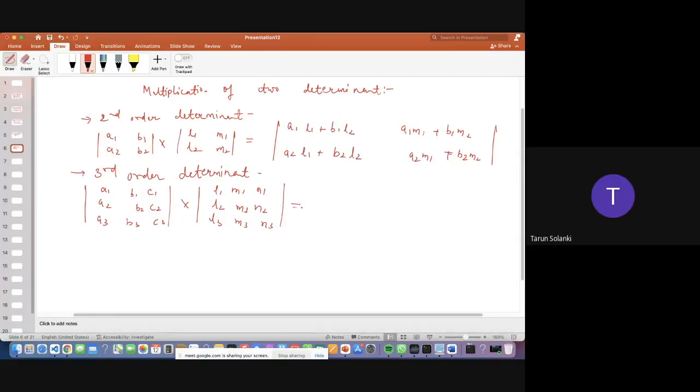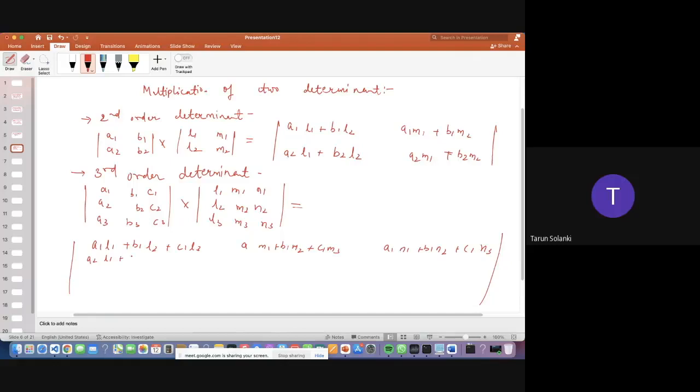So the whole is equal to a1 l1 plus b1 l2 plus c1 l3, then a1 m1 plus b1 m2 plus c1 m3, then a1 n1 plus b1 n2 plus c1 n3,